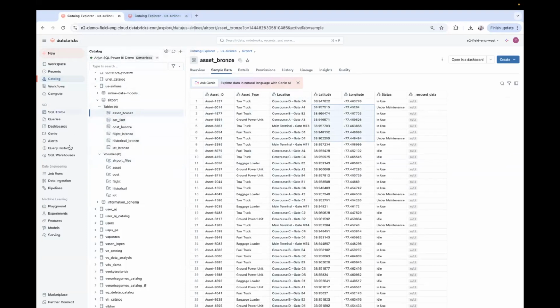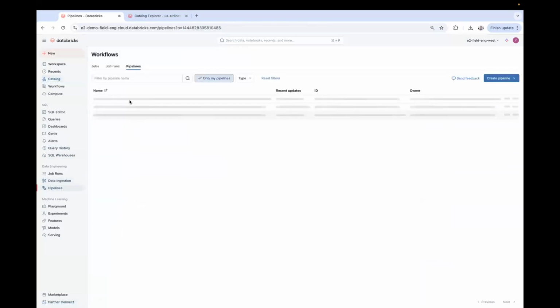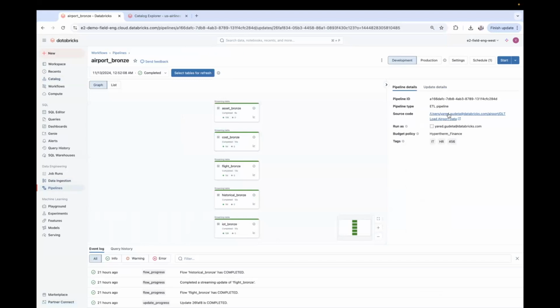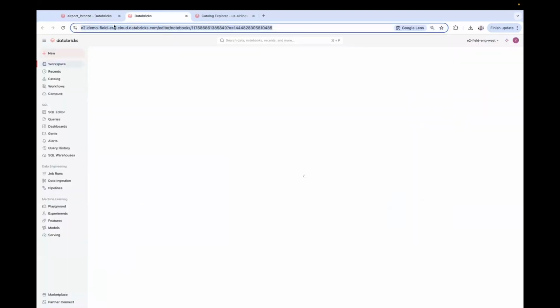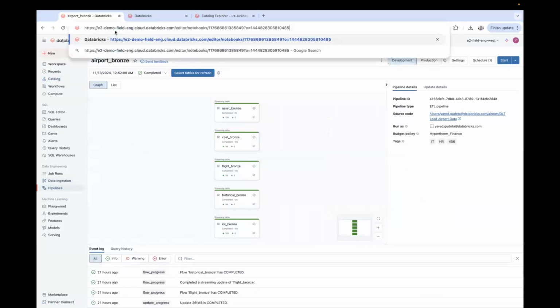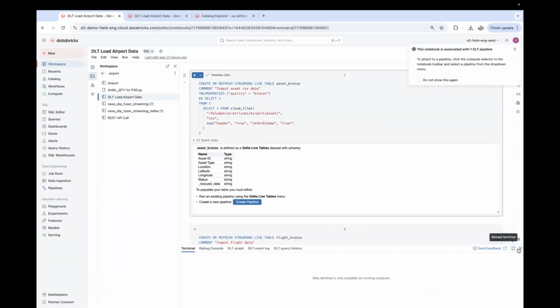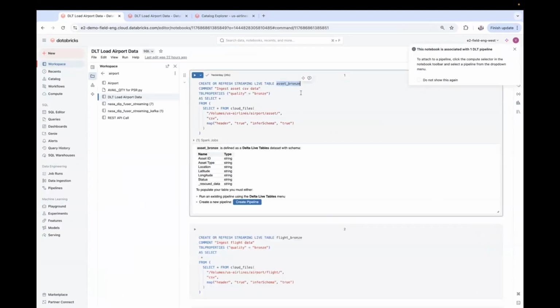Real quick, I'll talk about Delta Live Tables. Let me walk you through why I have used Delta Live Tables. If I show you my code here, it is going to another browser. Since I'm recording one tab, I'll open and show you my Delta Live Tables syntax. Here, I'm saying, hey, create asset bronze from this folder location in volumes sitting in ADLS, use cloud files. Cloud files is